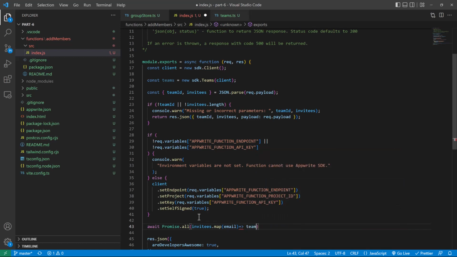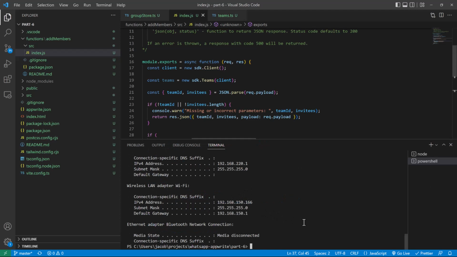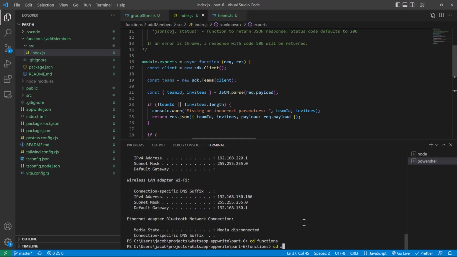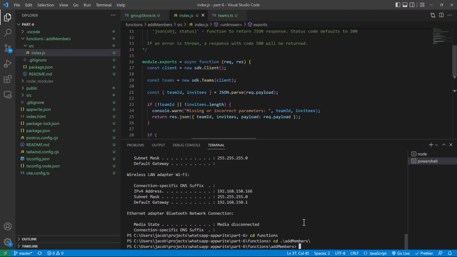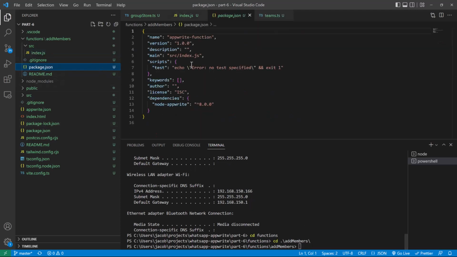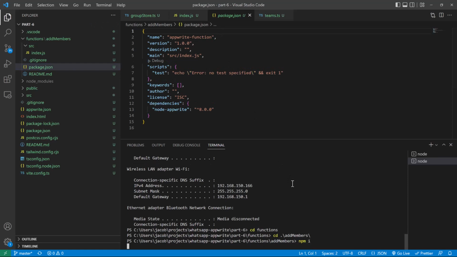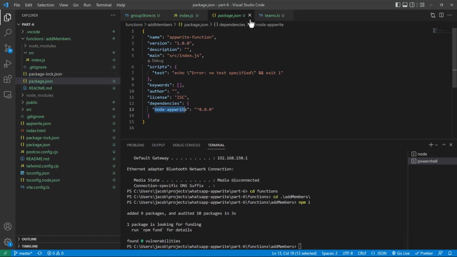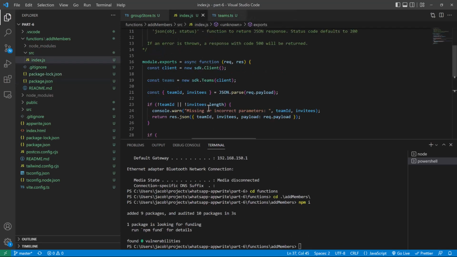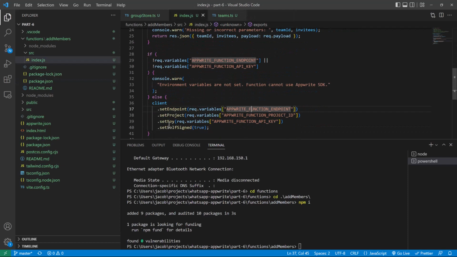membership. Okay, something I want to do over here before we even get to this point, since I want the autocomplete, just open up your terminal and go into the functions directory and then go into our add members function. And we can see here that we have a package JSON, but we haven't actually installed the modules, which is why we're not getting the autocomplete. So I want to npm i the node Appwrite module. And now once we do that, we'll see that we get the autocomplete